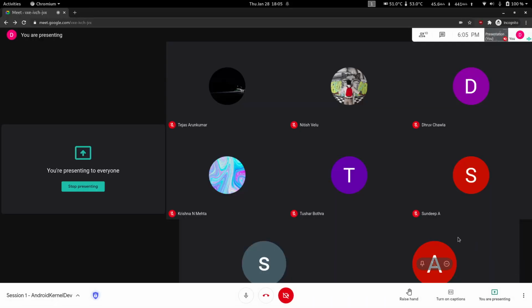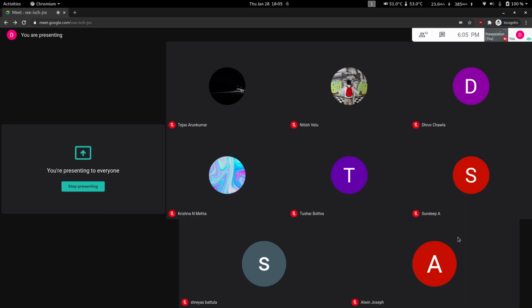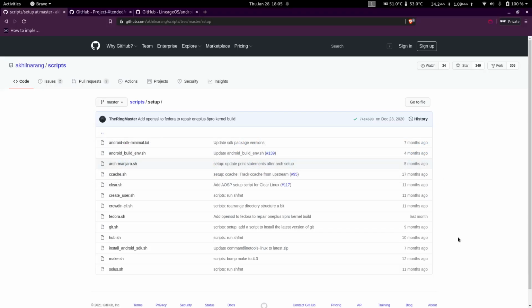Yeah, so basically in this session we'll be looking at how you can go about building your first custom ROM. I will be showing you how you can adapt different ROMs' devices to a different ROM, and I'll be showing you how to compile Extended, because I personally maintain that for my device and I'm also in the core team. If you have any questions, please let me know. So, am I audible?